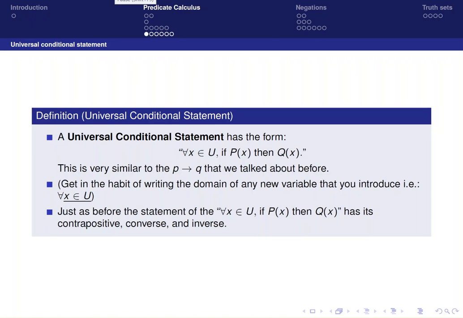So far in this section, we have talked about universal statements and existential statements. And in this case, on this definition, we'll describe a new kind of universal statement that we call a universal conditional statement. So this type of conditional statement is just like the previous ones that we learned. It has an if-then, but it also has a universal written in front.